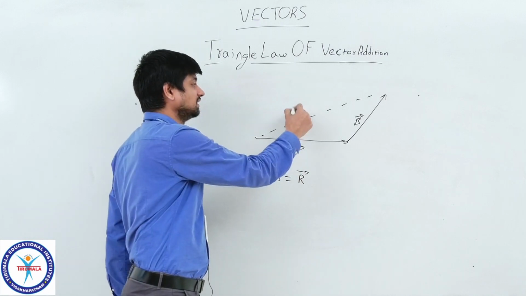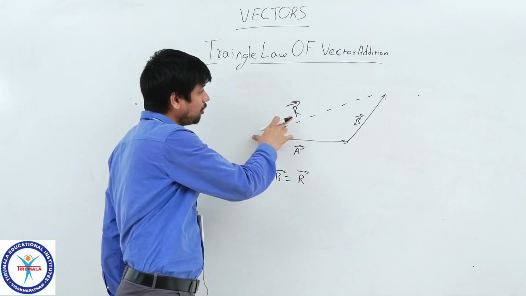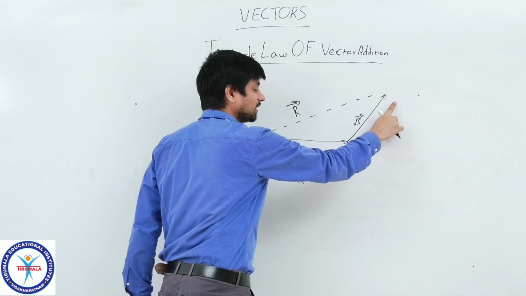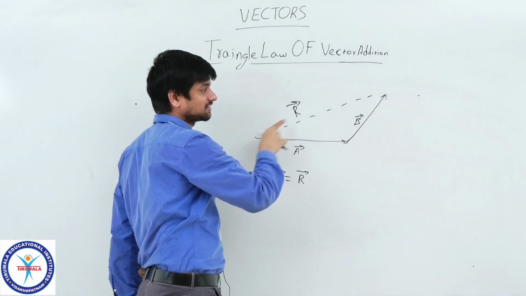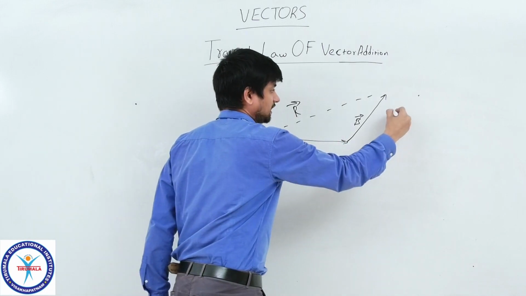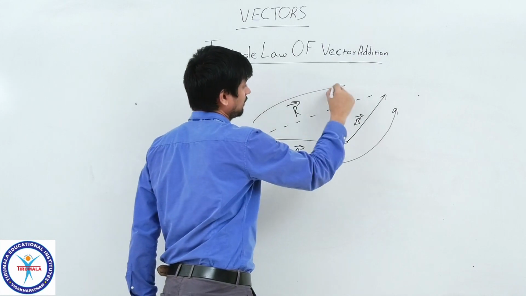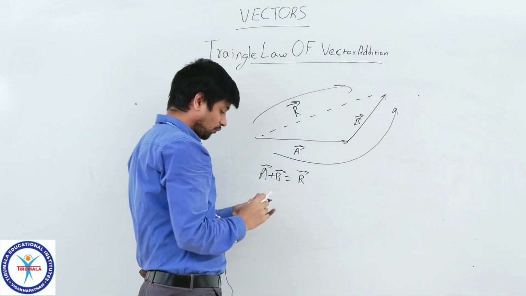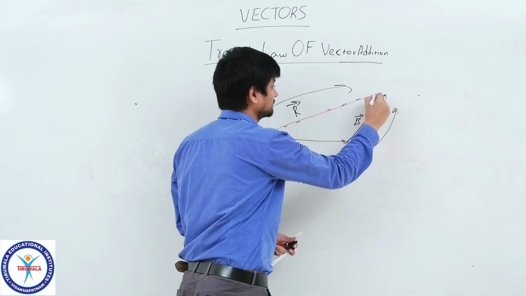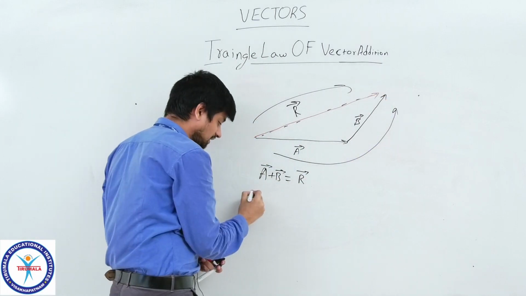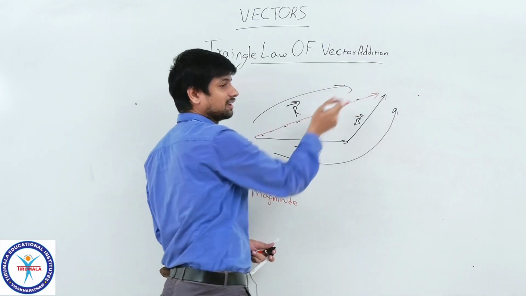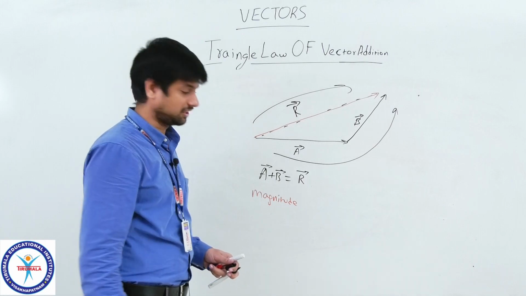So, that is the R, means this is the R. Now, how much size does this vector have? But keep it in mind, this is going in this way, and this is going in this way. The resultant of the summation of these two vectors is opposite to these directions. Look at this, they are going anti-clockwise, but this is going opposite to that one. So, that is why we need to know its size, means magnitude. What does it call? Magnitude. And in which way it is giving the effect, means direction.